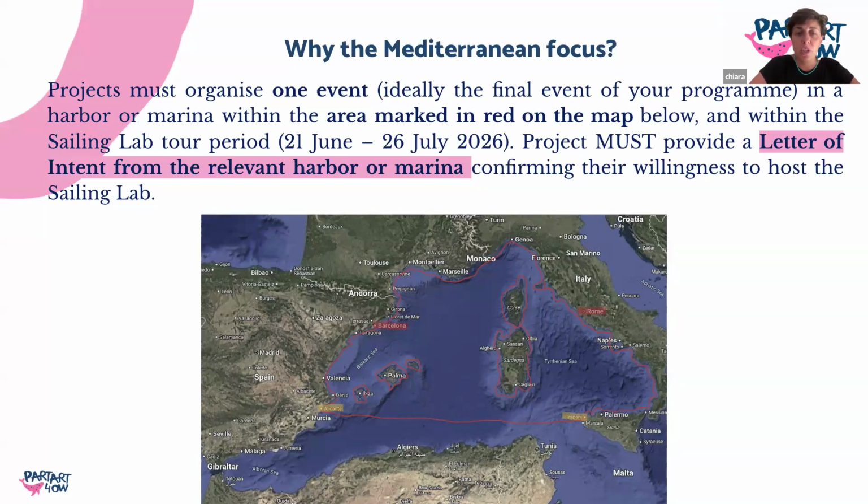Just to prevent further questions about it, and just to make these things clear, the red area that you see selected, the red line that identifies a specific area of the Mediterranean Sea, is not negotiable. This means that we are not accepting proposals that envisage performing at least the final or the main event somewhere else, outside of this area. So this is something that cannot be taken into consideration. So it's a kind of strict